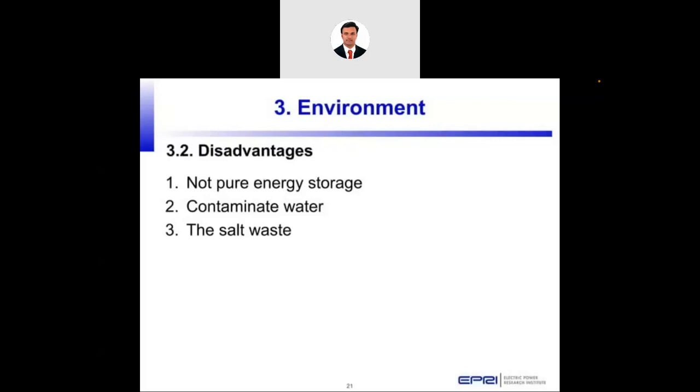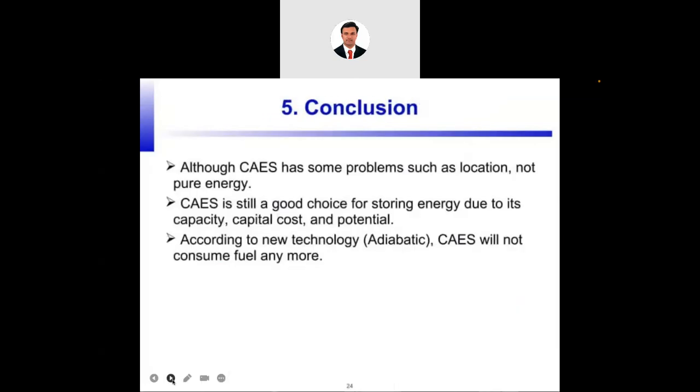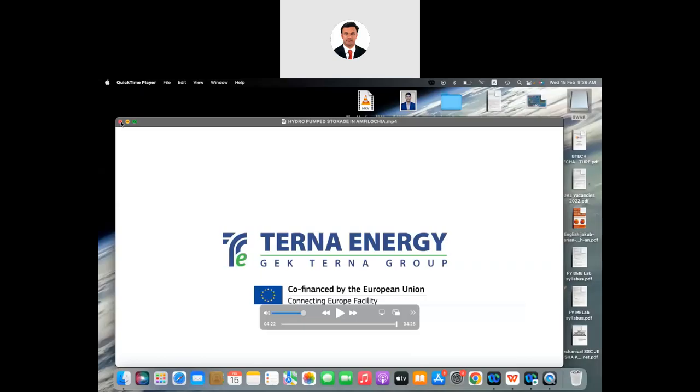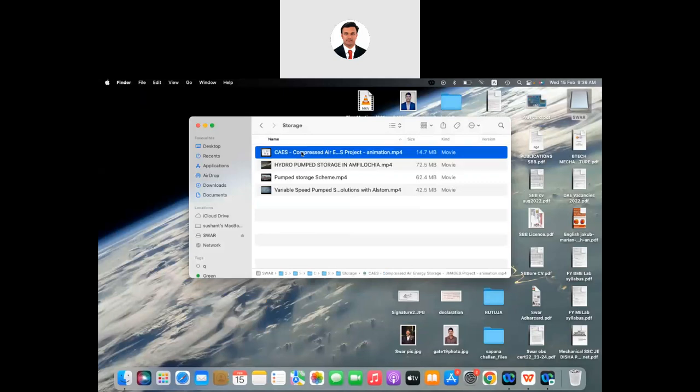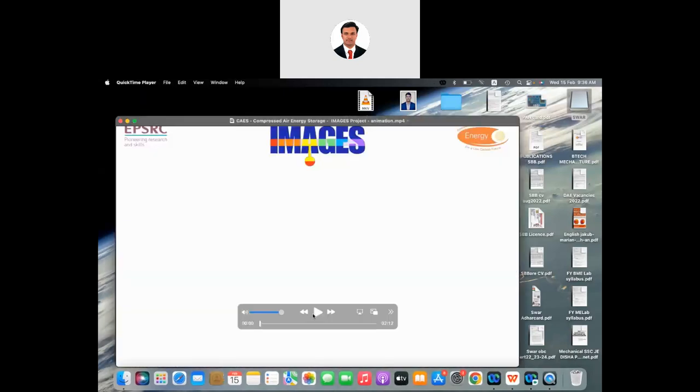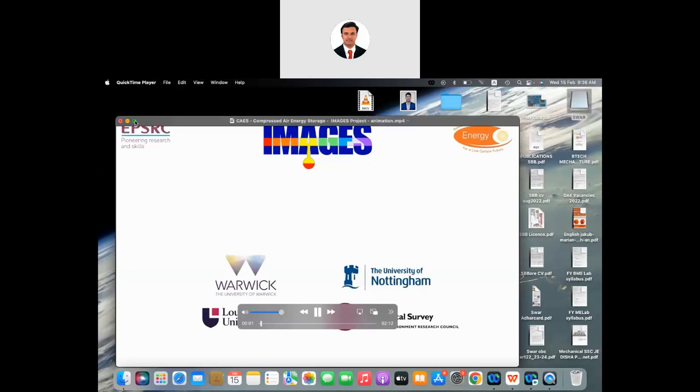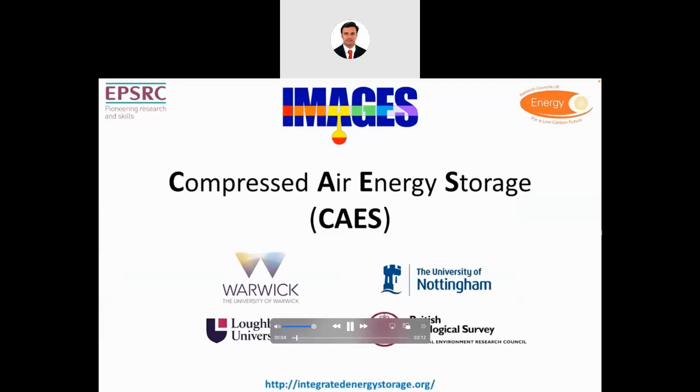But with respect to other mechanical energy storage, thermal energy storage, or chemical energy storage, which are batteries, we can use this type of storage on a large scale. The scale of these power plants is very large, and they are operated around the world under different conditions. Again, I will show you a video regarding the compressed air power plant, so you will get the idea regarding it.